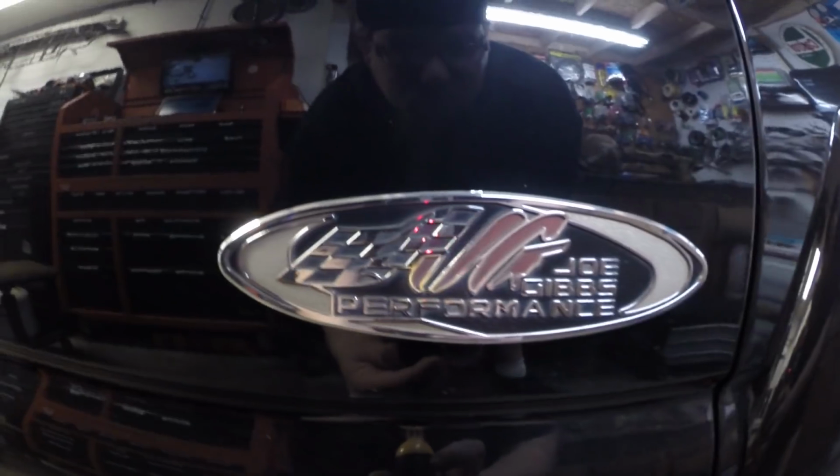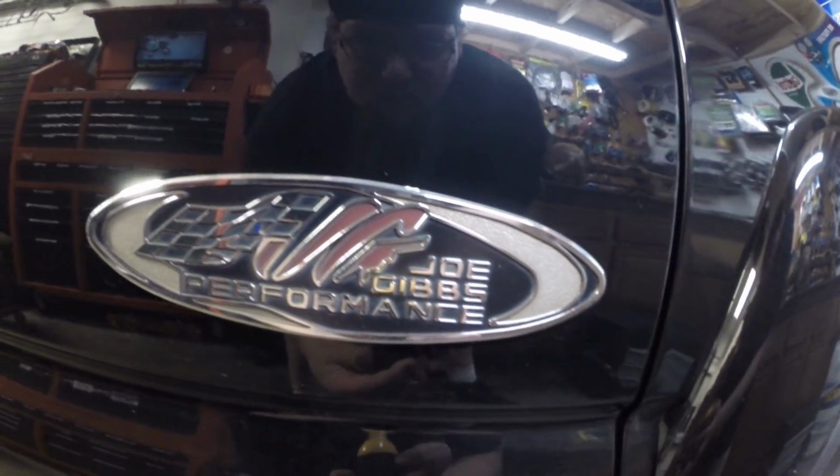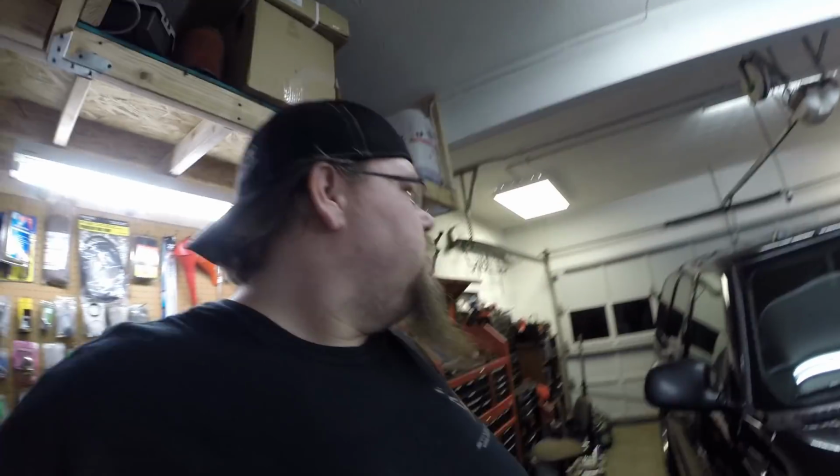Today we're taking a break from everything else that we've been working on to squeeze in a friend of mine's truck. And if you guys thought that the Trailblazer SS was kind of rare, wait till you see what this is. Now, I know that I've alluded to working on this thing before, and I'll get into that in a minute, but this is what we're working on here. I'm going to show you the emblem first. Joe Gibbs Performance. So this is a 2005 Chevy Tahoe,